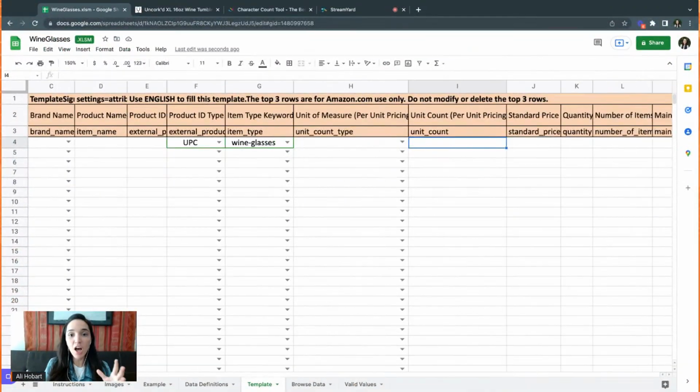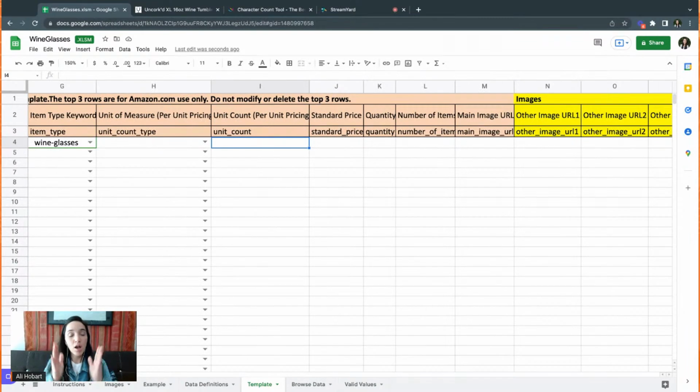But moving on, a lot of these required columns are going to be specific to the category that you selected. So even though it will save you time if you do multiple categories at the same time, sometimes it can confuse you because one category could have something required. For example, if you're selling clothing, then one of the required columns is going to be size, but it's not for wine glasses.